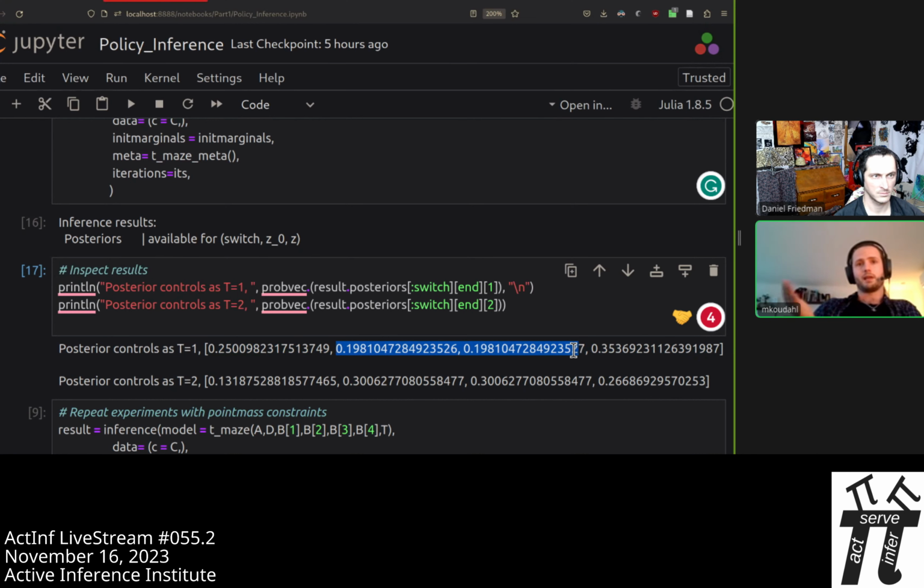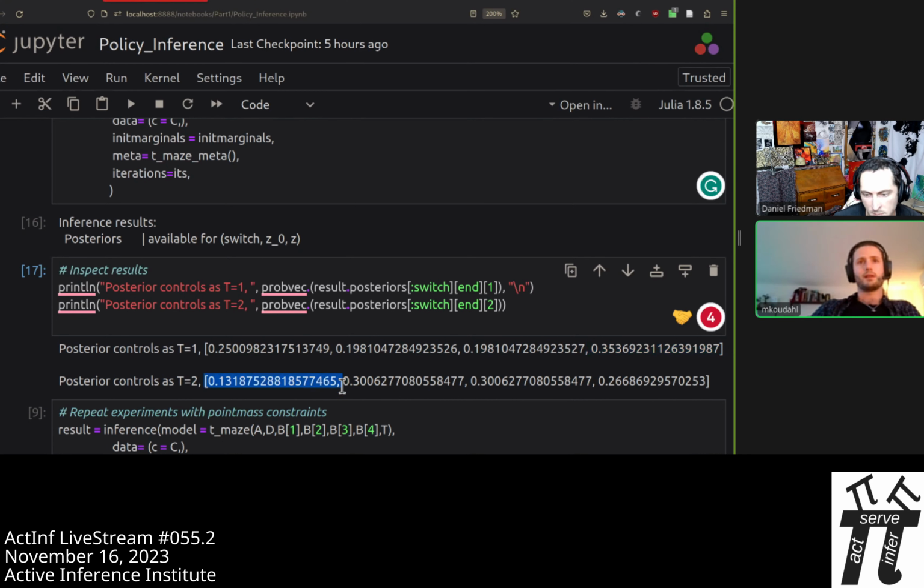About 20% of the time, the agent wants to go and explore either arm, because there's still reward there. And the most likely option, with a grand 35% probability, is that we should go and investigate the queue. So go to position 4. If we then compare what that looks like at t equals 2, that is, what does the agent believe it should do after the first time step? So if it goes and visits the queue, what should it do next?